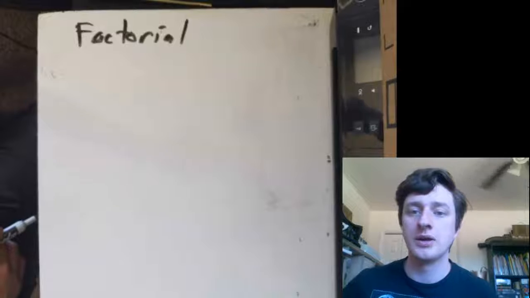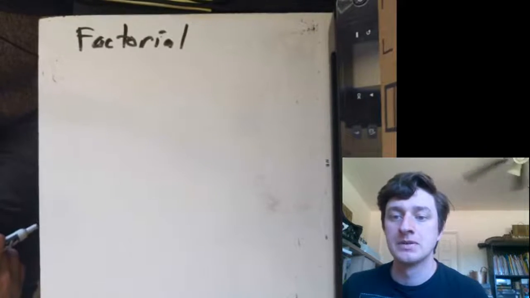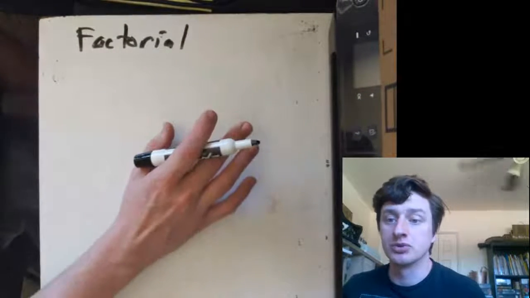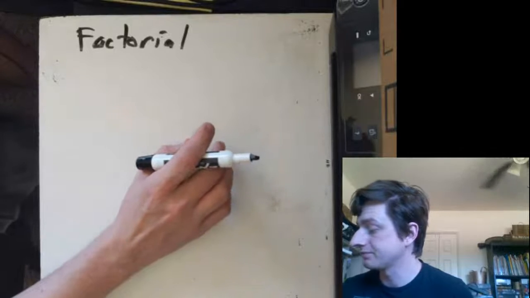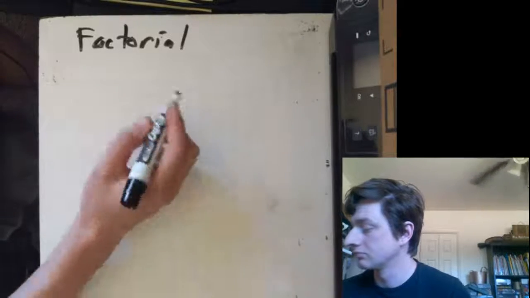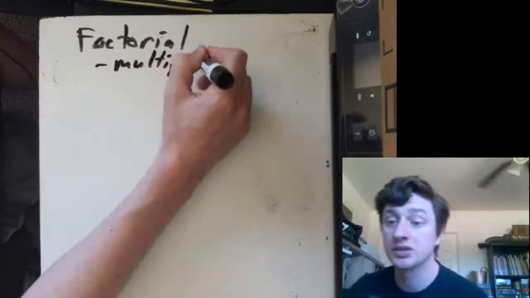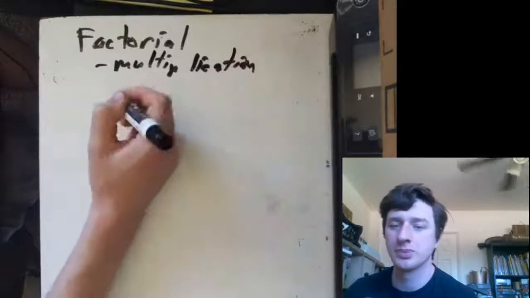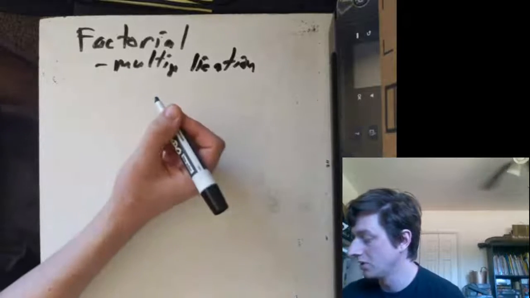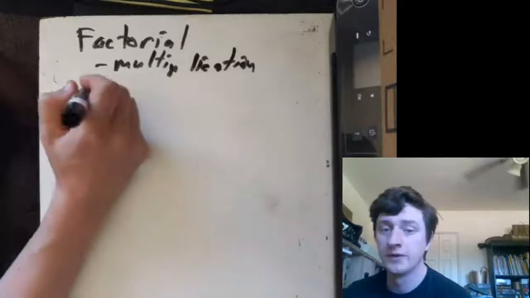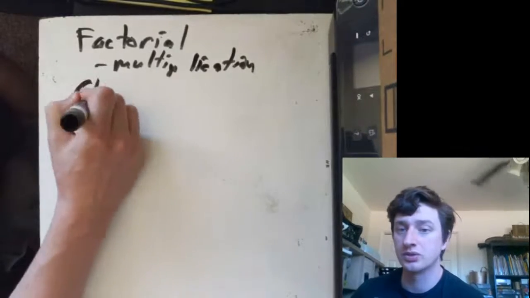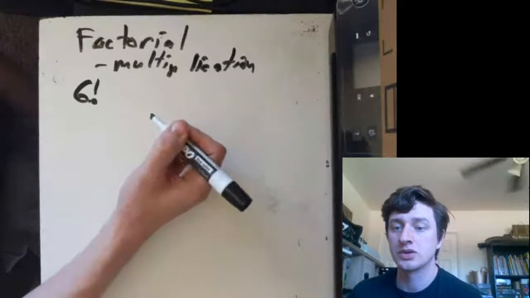But a factorial is just a multiplication. So it's multiplication. And we write it using an exclamation point. I like saying exclamation point. So like 6 factorial, we'd say this is 6 factorial here. 6 factorial